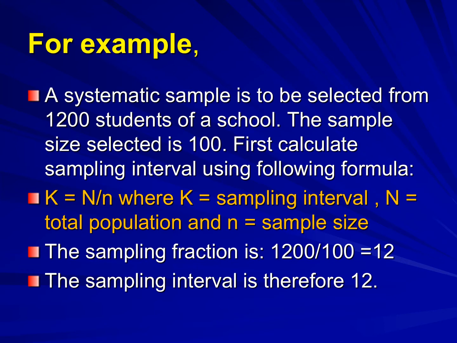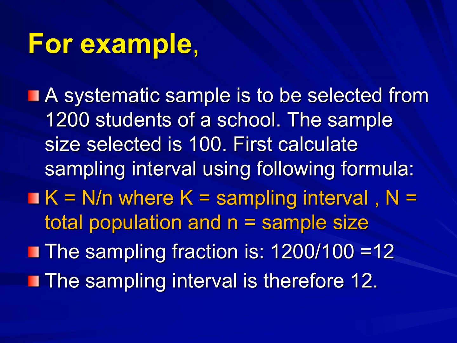Now we have to select the first sample. The first sample is to be selected randomly with the help of the lottery method, a random number table, or software. Suppose the first sample we have selected has an identity number between 1 and the sampling interval, that is 1 to 12. So between 1 and 12, whatever number is there, we have to select it randomly. Suppose we have selected the student at the 6th position. Then the second student will be at the 6th position plus 12, that is the 18th position student, whom we have to select as our second student.